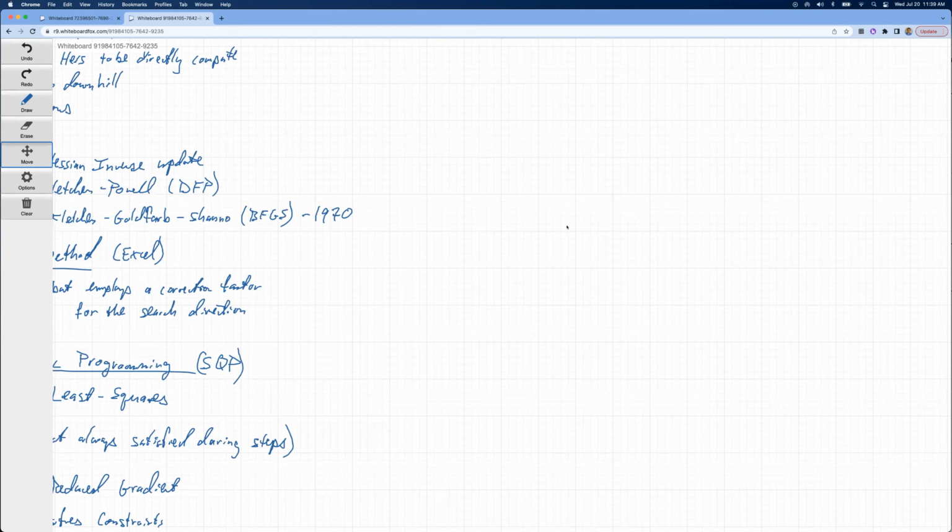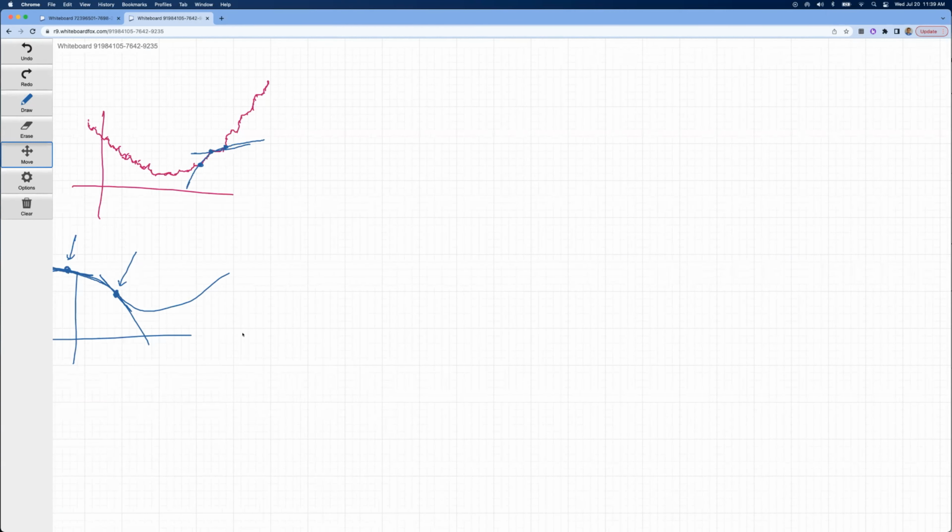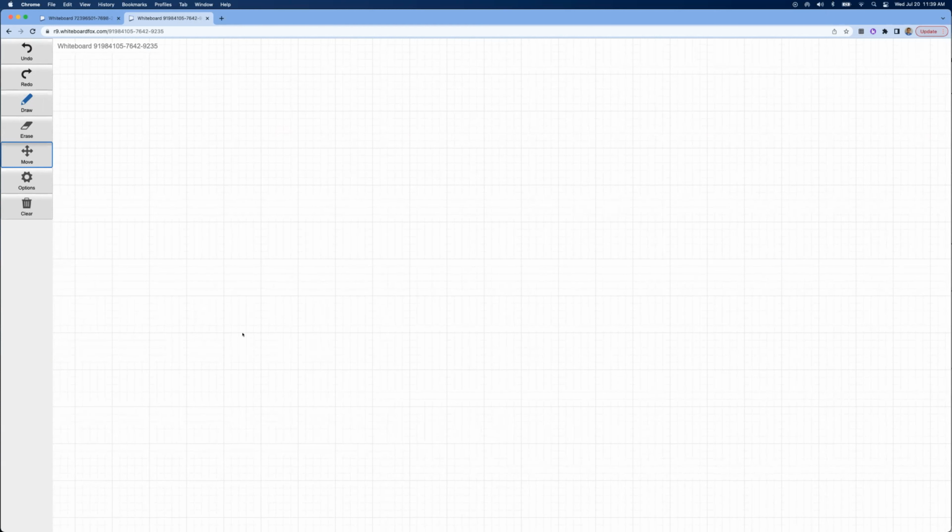Let's just talk about bounds and constraints. Okay, so again, bounds are on our X input array, right?